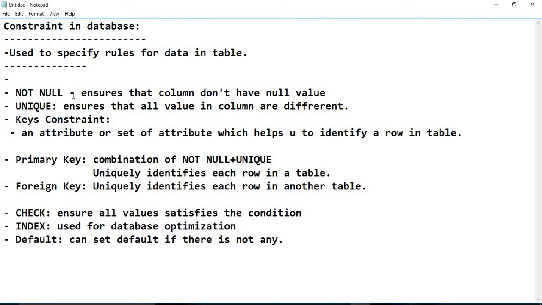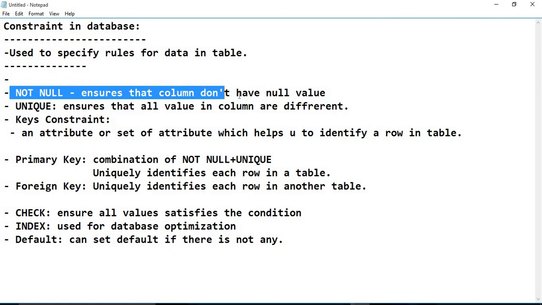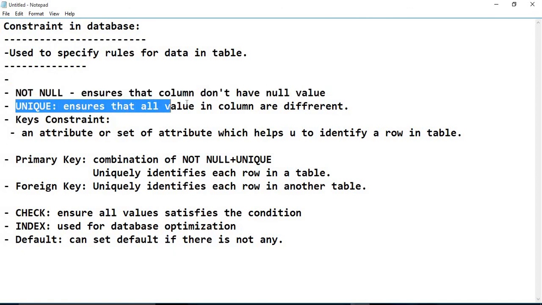So, what is a constraint? Constraints are used to specify rules for data in a table, and there are various constraints. NOT NULL ensures that a column doesn't have a null value. UNIQUE ensures that all values in a column are different.